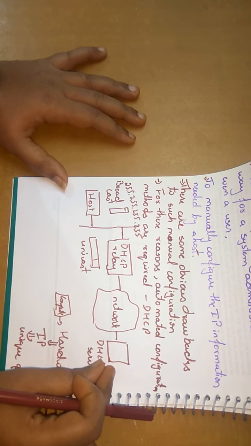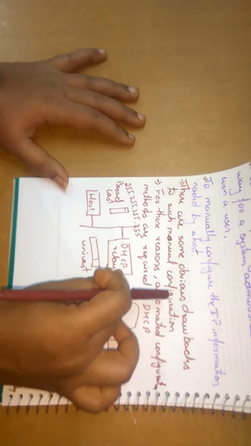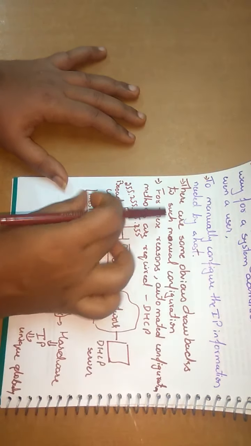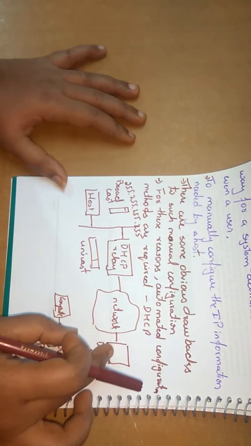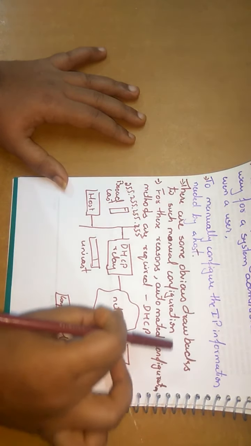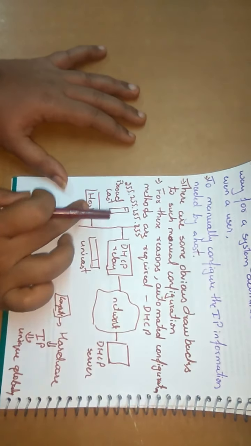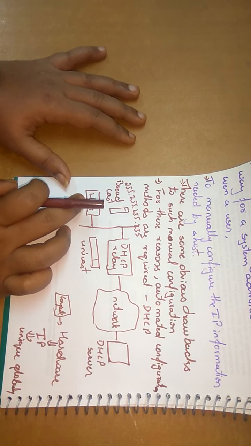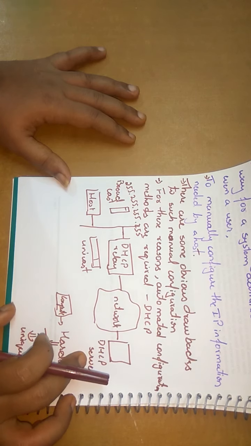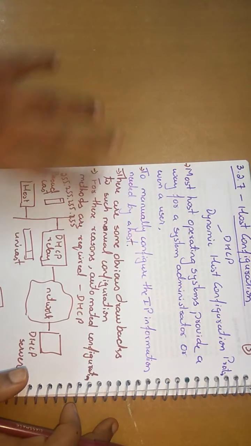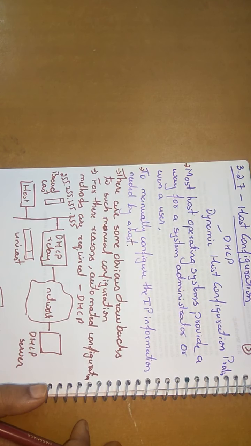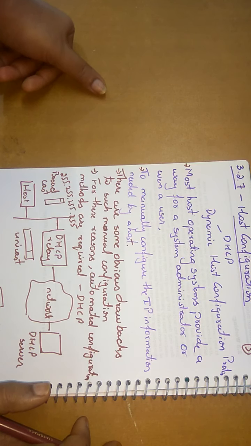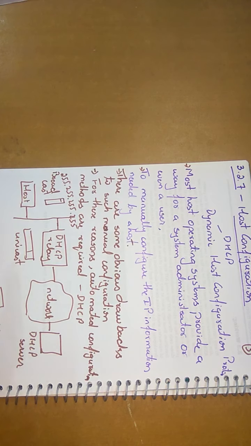The DHCP server will provide a unique IP address back to the respective host. When the request is received by the DHCP server, it will send the reply back to the respective host. Like that, the hardware address can be converted to the IP address. That is done by the DHCP server, and this protocol is called the Dynamic Host Configuration Protocol.